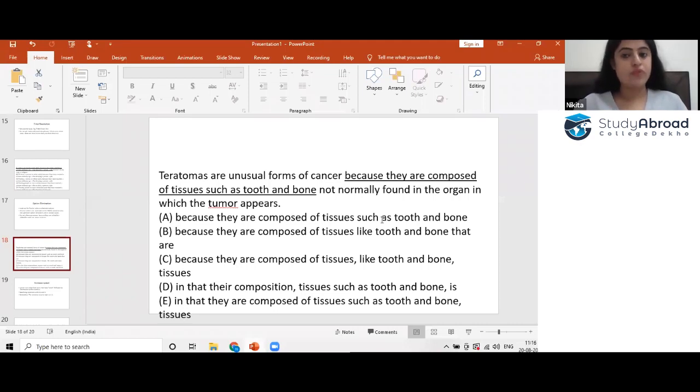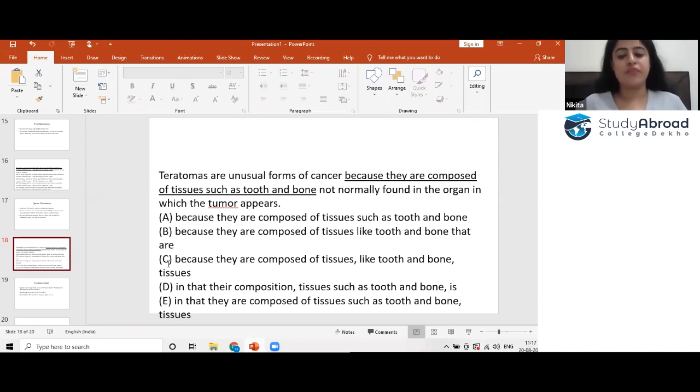Now you see what we are focusing on in this particular question: whatever sounds familiar to us is not supposed to be correct all the time, and what sounds unfamiliar doesn't mean it would be incorrect. Even if in layman language we might interchange the words such as and like, grammatically they definitely do not mean the same. Like means liking, and here we are giving examples. With this logic, we will eliminate B and C as well. We definitely go with the elimination process, right? Now we are down to D and E.